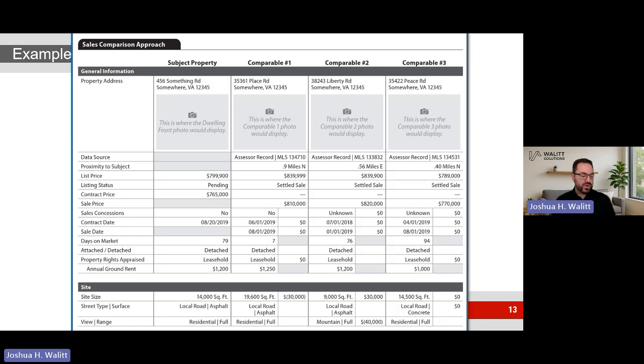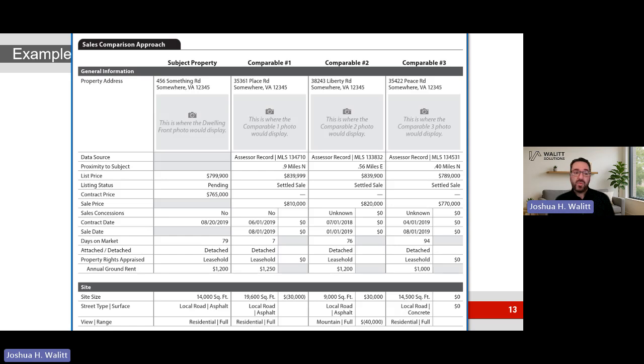Because remember, we're typing about site in the site area. We're talking about highest and best use in the highest and best use area. We're talking about sales comparison in the sales comparison. So we don't need that text addenda to be 4 pages long, because you're going to have the pieces where they belong in the report as they apply. So here's another example. This one's a little bit more complex.